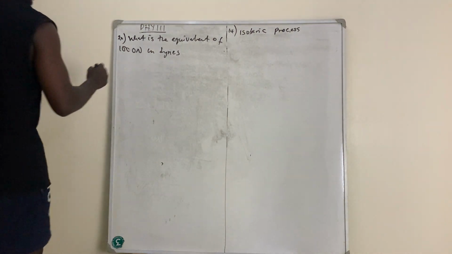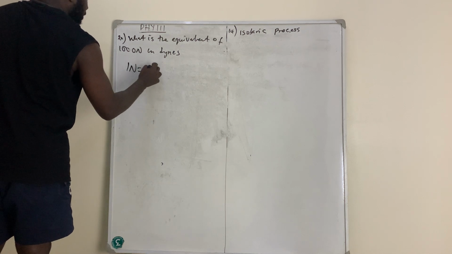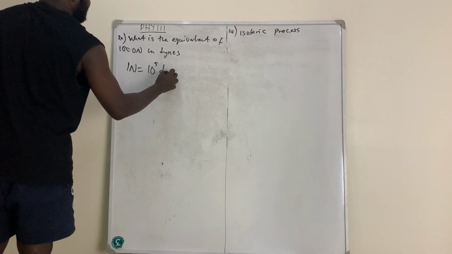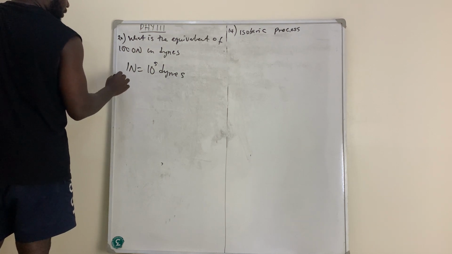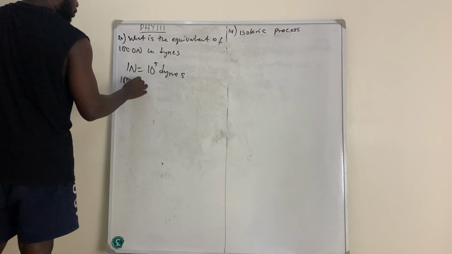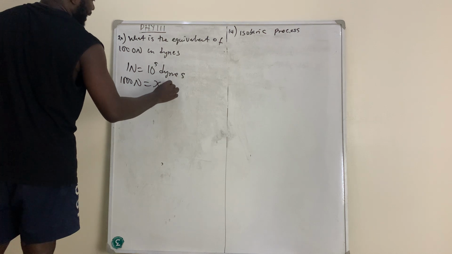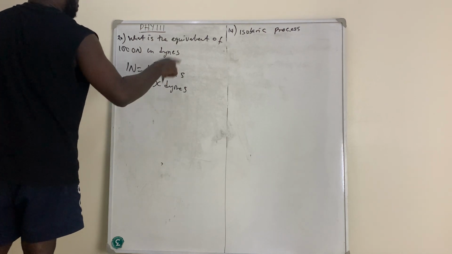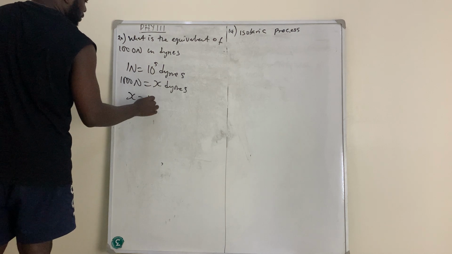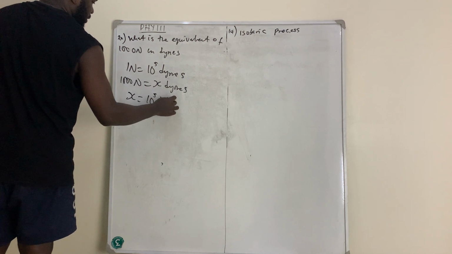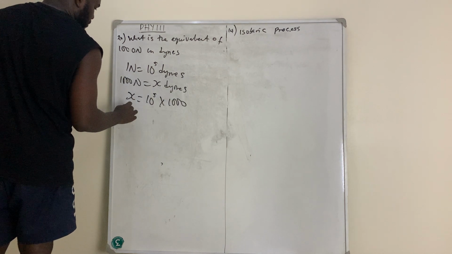You should know that 1 Newton is taken as 10 raised to power 5 dynes. Now they gave us 1000 Newton, so put it on the side of Newton. 1000 Newton will be equal to x dynes. So you now cross multiply. x times 1 gives x is equal to 10 raised to power 5 times 1000, which will give you x is equal to 10 raised to